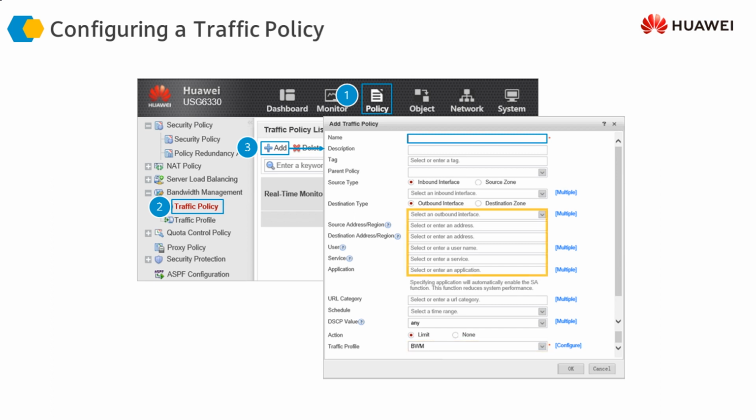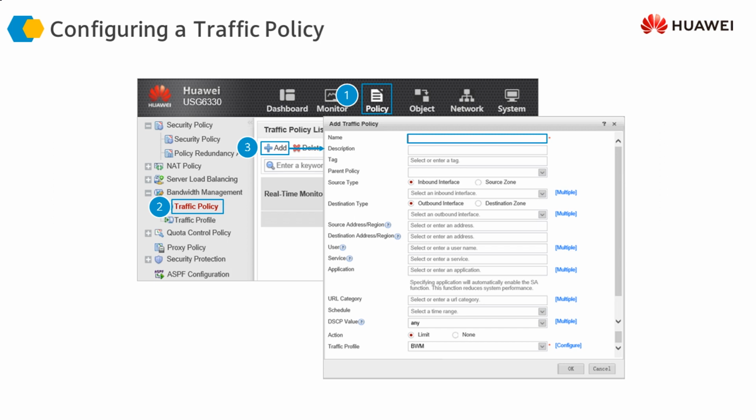This means that whatever traffic we define in this policy is going to have its bandwidth management done by this traffic profile. Also, we have to define the action. We have to define the action limit. If we do not define the action limit, and if we select none here, this means that no bandwidth management is going to be done for this traffic, so there is no point in configuring this policy.